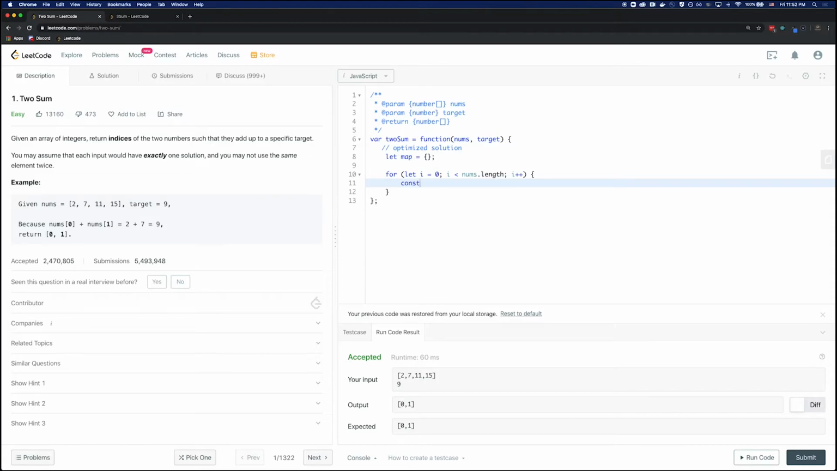So let's say we define pair as target minus nums at i. For this particular example, nums at i will be 2, right? So target is 9 minus 2 is 7. That's the pair we're looking for for number 2. And then we can check if map of pair is not undefined, meaning the map has the number 7 in there already. That means we already found it as we're looping through. Then we can quickly return